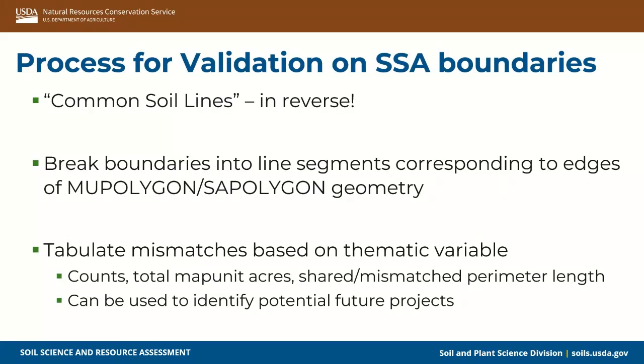And so again, in this case, we might choose a thematic variable that's not necessarily the map unit symbol, but rather the dominant condition ecological site, or some aggregation of all the conditions that exist within a map unit. And then you can break the boundaries of the soil survey areas into line segments that correspond to those map unit polygon extents, and then tabulate matches or mismatches based on that thematic variable. And there's a few different ways you can quantify that, either total counts, the associated map unit acres, or the shared and mismatched perimeter